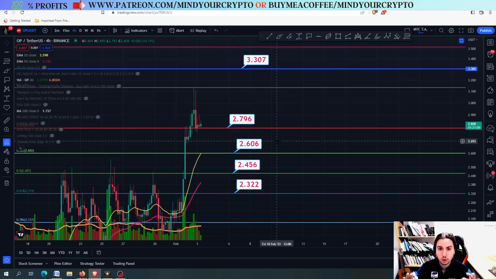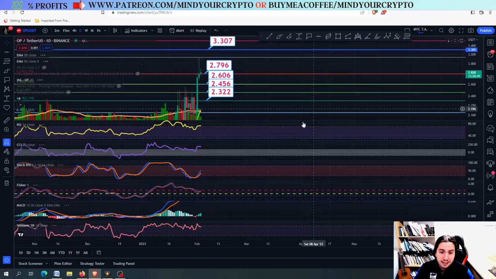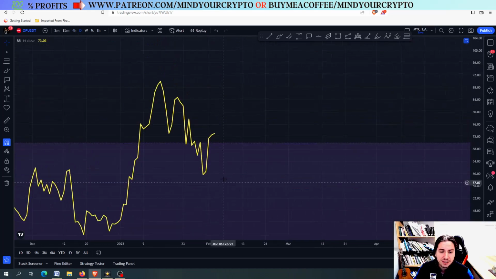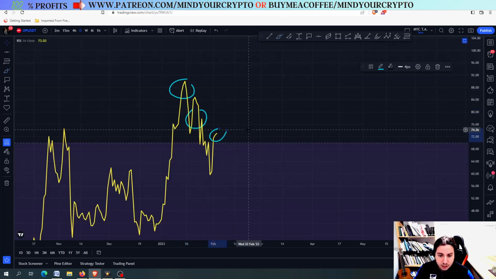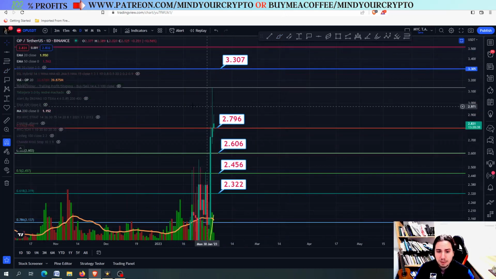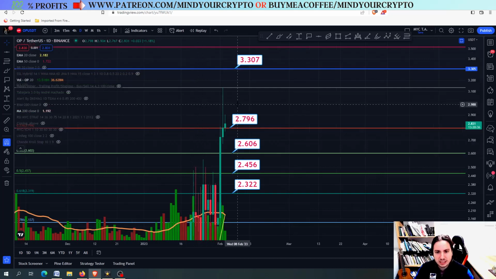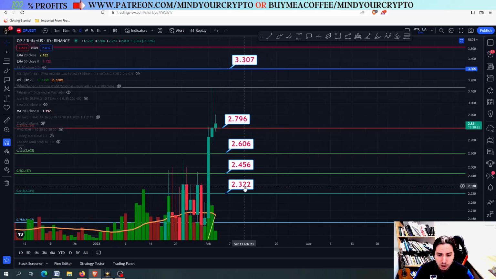The most important thing to notice right now is that we are at a very, very huge risk with Bitcoin, and so the altcoins might suffer a little bit, bringing OP a little bit down. Okay, in the daily frame and the daily analysis, everything is looking good. We have a very high risk, we have multiple bearish RSI divergences, but at the end of the day, OP tends to ignore this, and therefore I think that we shouldn't be looking at the risk metrics, we should be looking at price targets. Always have these 3 price targets, 4 actually, in your mind. The 2.32 is for later on, okay, do not worry about it.